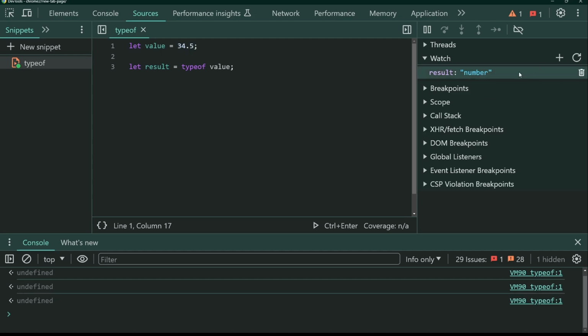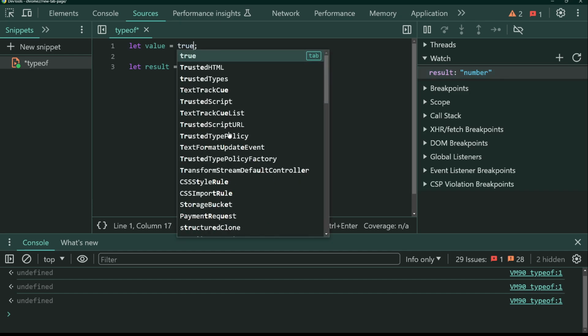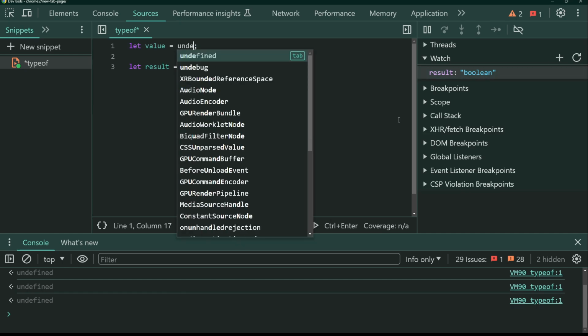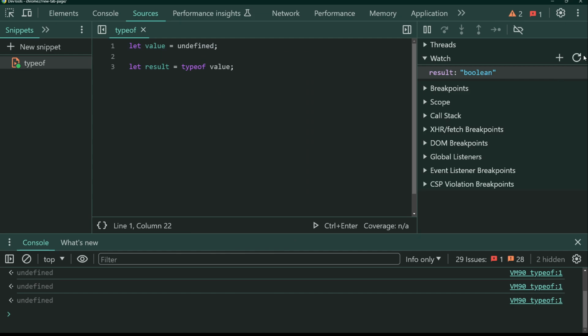It's a number. typeof true. Boolean. typeof undefined is undefined. And typeof null,